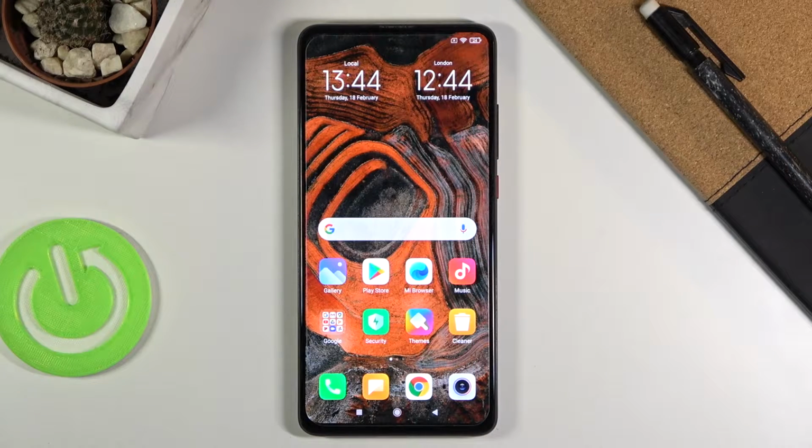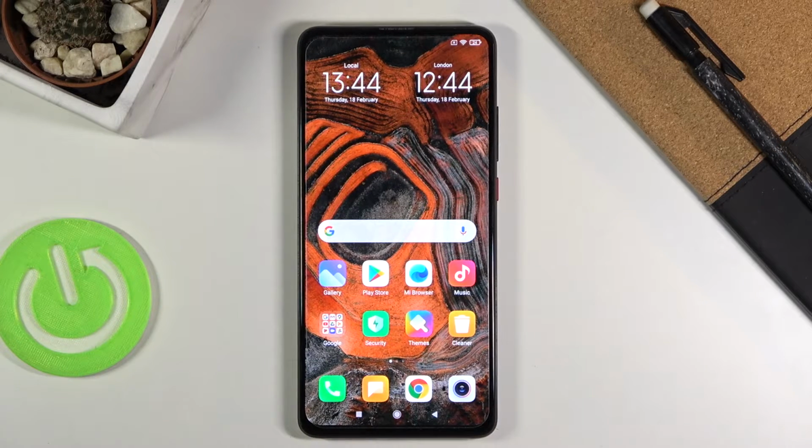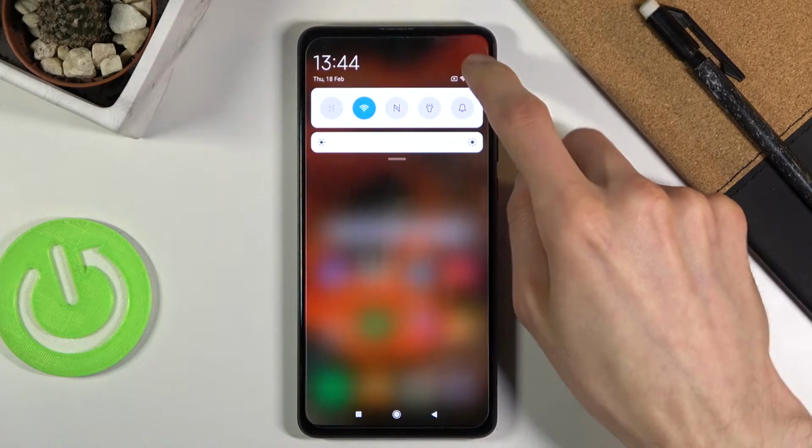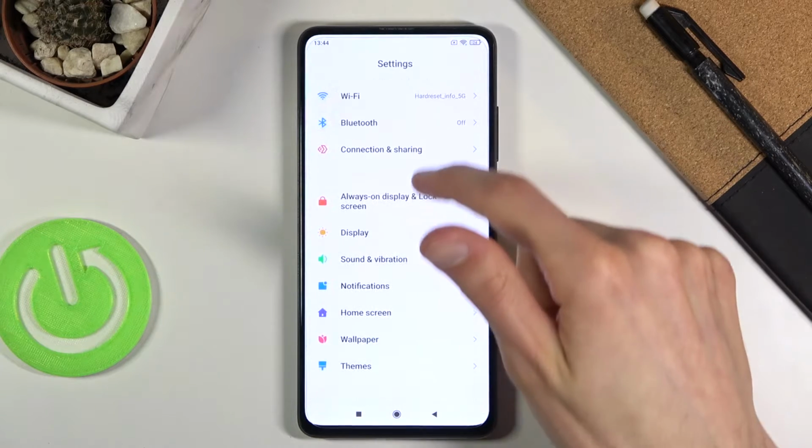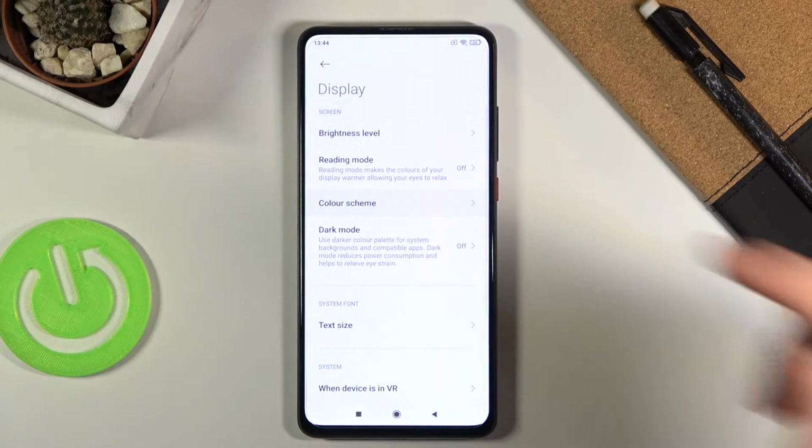Welcome, in front of me is a Xiaomi Mi 9T, and today I'll show you a couple tweaks and tricks you can do on this device. So, starting off, we're going to begin with the color scheme, which will allow you to adjust the color temperature of the screen itself. So let's start by going into the settings and scroll down to display, color scheme, and